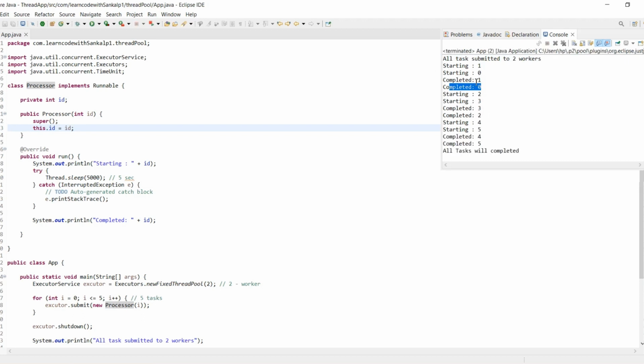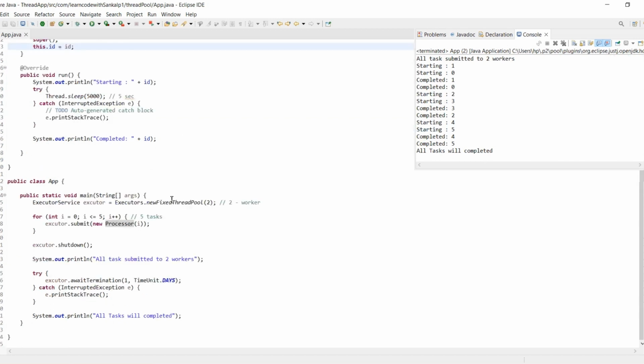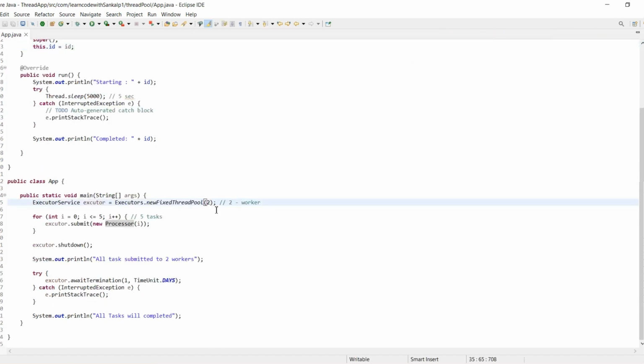So we complete 5 tasks with 2 workers. In that way we give pools. If we want, we can increase the workers by increasing the pool size.